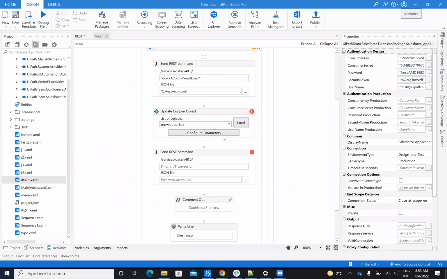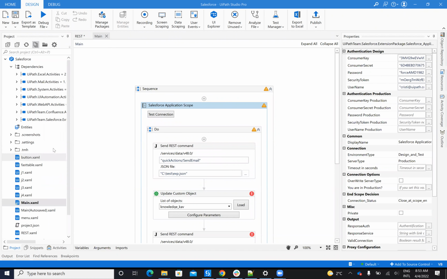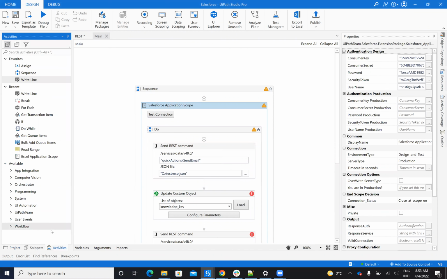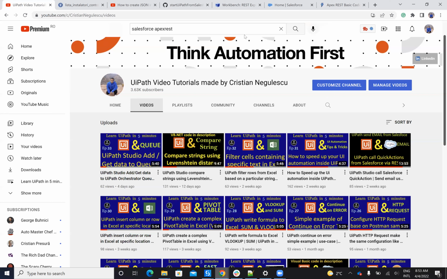But one colleague of mine told me that he wants another type of automation. He wants just to call something from Salesforce and send parameters. He doesn't want all the activities on Salesforce to be on UiPath, manageable by the automation team. He wants to program everything inside of Salesforce and from UiPath just to call that. And to be able to do this, one way is to use